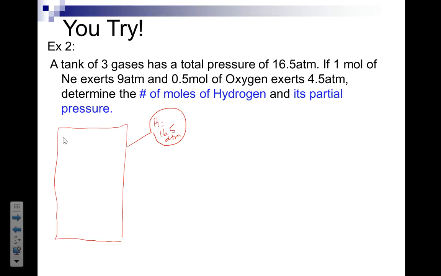It says you have 1 mole of neon. So 1 mole of neon. And they tell us its pressure is 9 atmospheres. So the partial pressure of neon